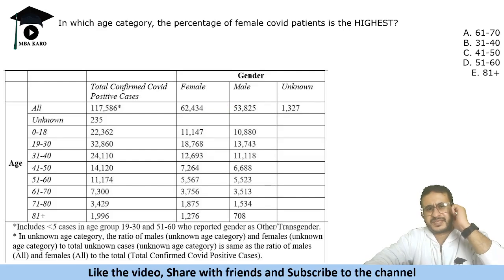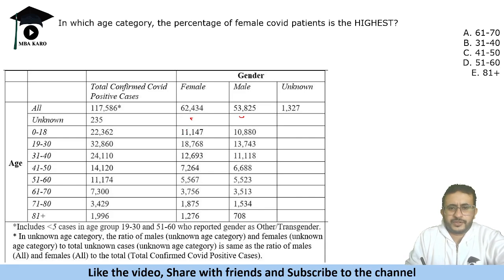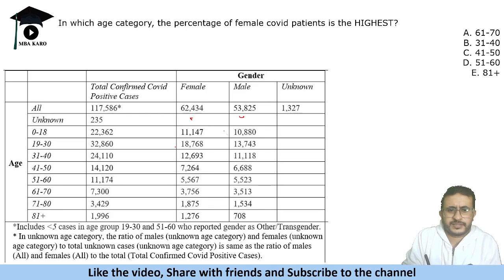Similarly, in which category is the percentage of female COVID patients the highest? This could have been answered by looking at this table, ignoring the unknown fact. If you look at this ratio, it is somewhere around 1.1 times, slightly more than 1. This is 1, for female COVID patients, the highest. You can compare this ratio with this ratio, because for unknown also the ratio is the same. So it is roughly 50%,